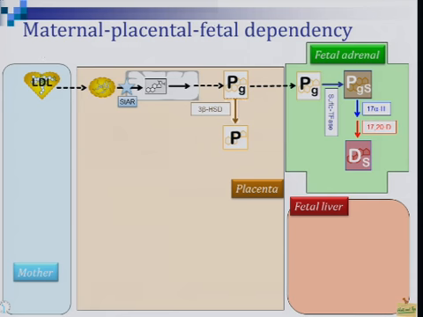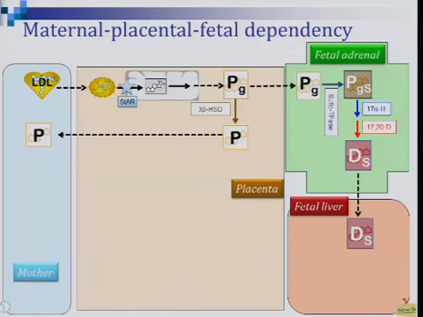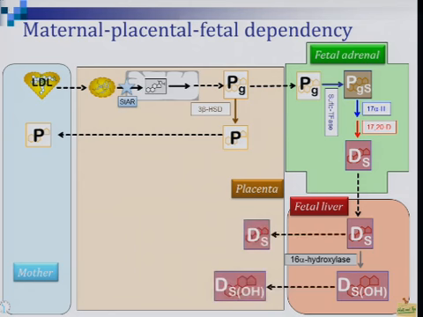The placenta will also make progesterone, which is the source of the high levels of progesterone in the mother. Now, this DHEA sulfate passes to the fetal liver, where the 16-alpha hydroxylase resides. And that makes 16-hydroxy DHEA sulfate. These pass back into the placenta,